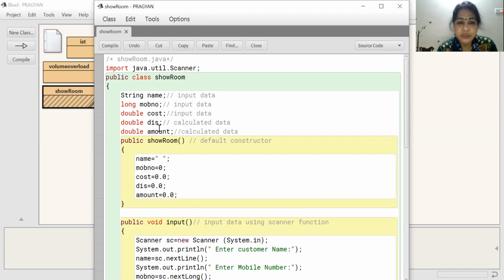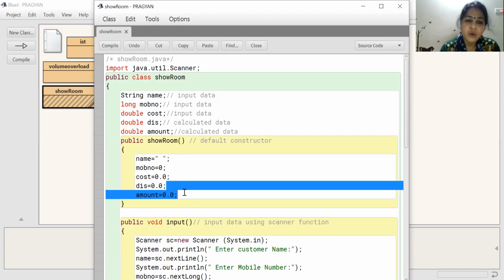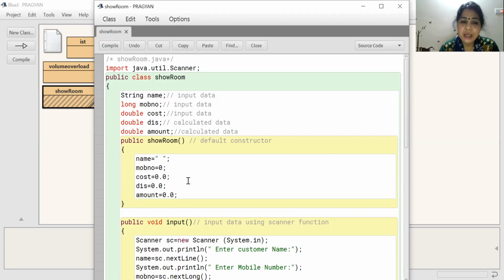One point I want to tell you, just note down. In the previous sessions, we know that the calculated field we have to initialize. Just like here, discount is equal to 0.0, amount is equal to 0.0. Outside the method also you can initialize. If you already initialized it before the default constructor, then no need to initialize here. Okay, so it is already initialized. It is not initialized before, so that's why inside the default constructor I initialized discount to 0.0 and amount to 0.0. Okay, so you see according to their data type we initialized, or we gave the default value.